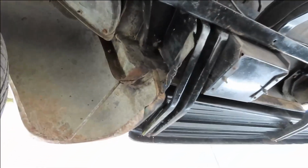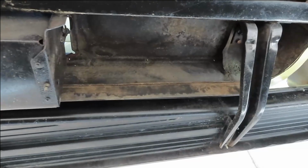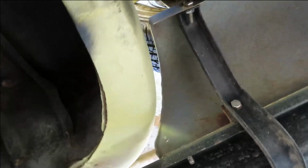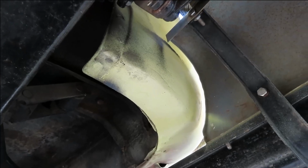Come up here, you can see the inside of the fenders. It looks like it got new running boards at some point. Good inner rockers, and these corners, they're really good. Better than most. A little bit of overspray on that from some rattle canning, I guess, that went on at some point. And this one over here,